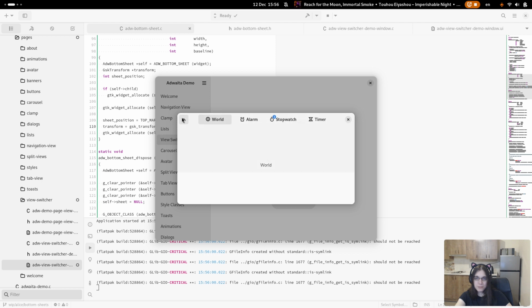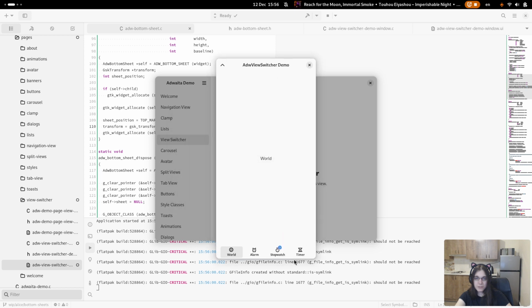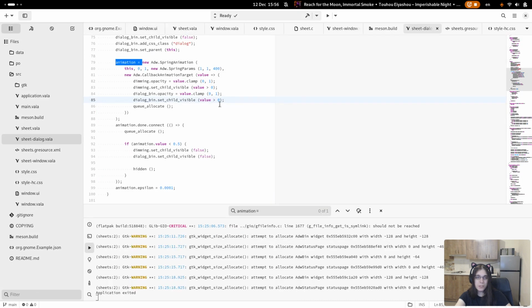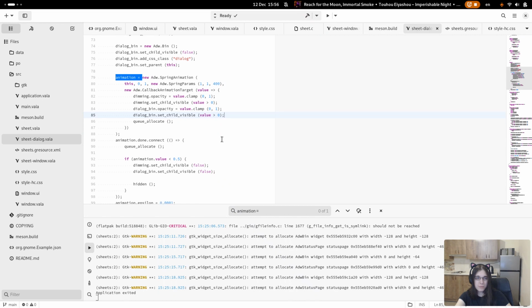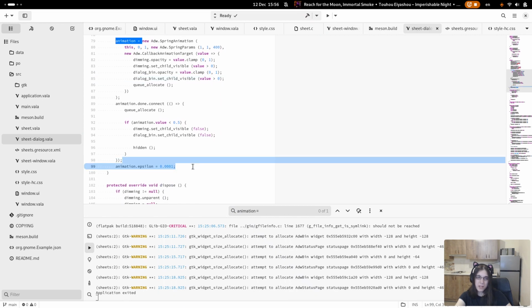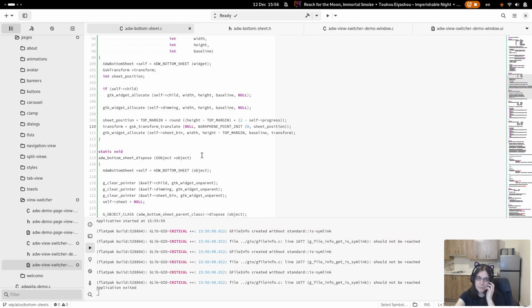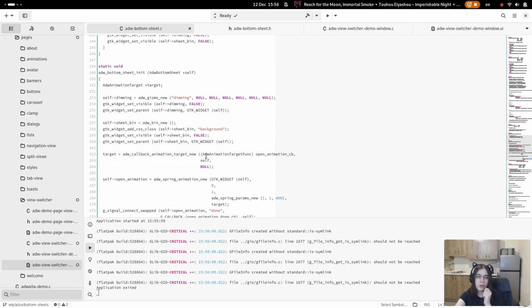Well, it is almost correct. It jumps a bit at the end, so I need to... I changed epsilon in the original one in the prototype to be smaller because it basically determines when the animation ends.